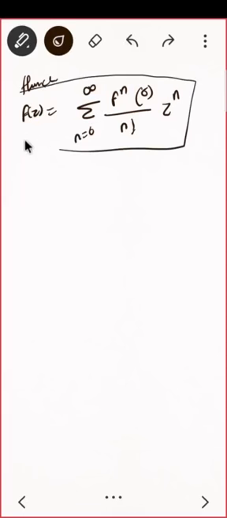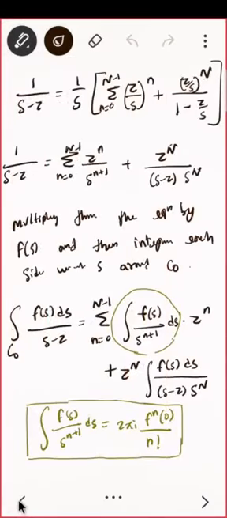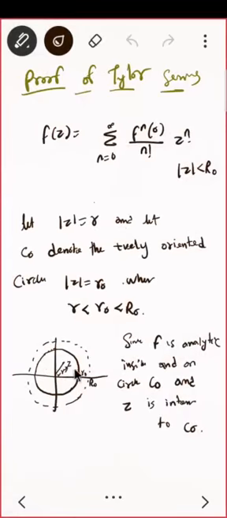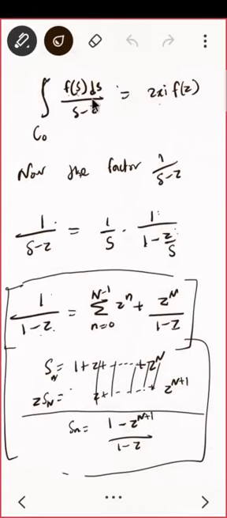Let us quickly see the proof once again. How did we start? Look at this diagram. This was my original R naught. I made a circle having radius small r naught, and I call it C naught, correct? And if I take any point z, the distance will be r here. f is analytic inside, so can I use my Cauchy integral formula? That is what I did: integral of f of s ds upon s minus z. z is interior, so this will be 2 pi i f of z.